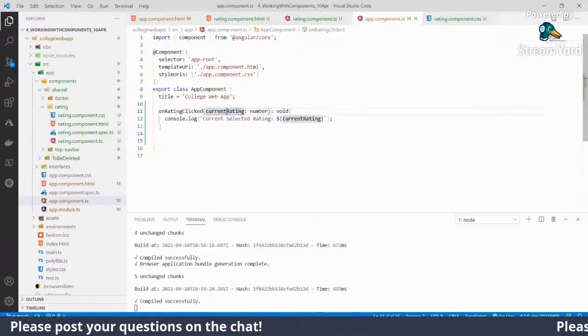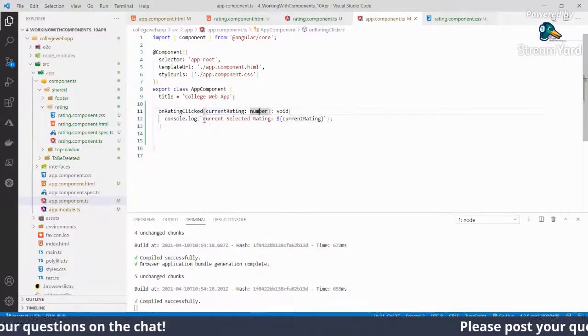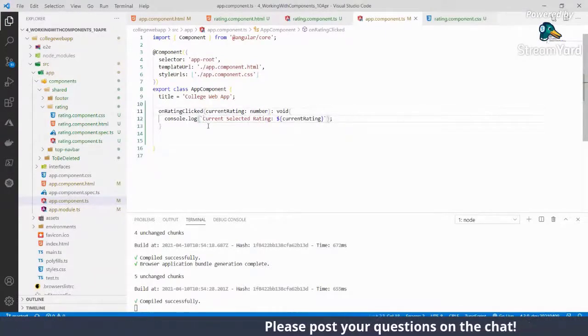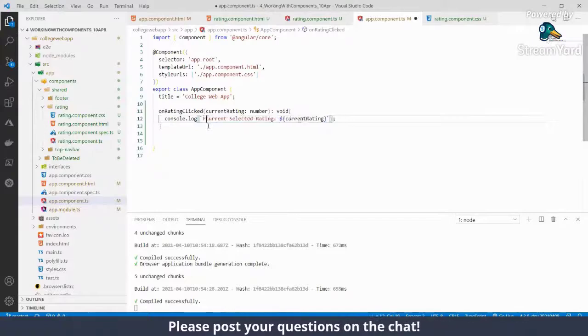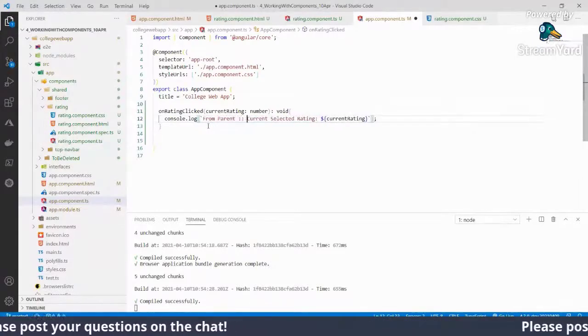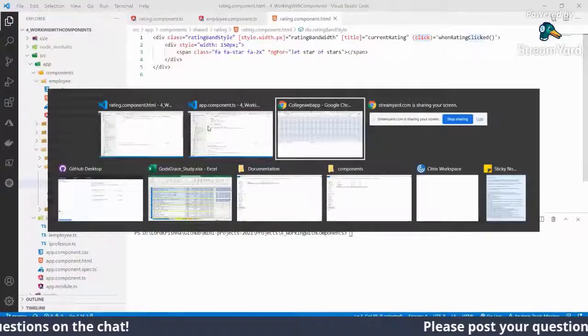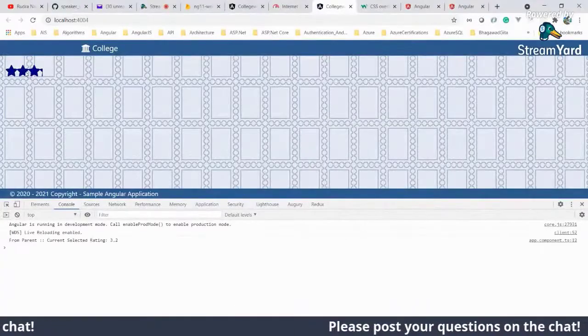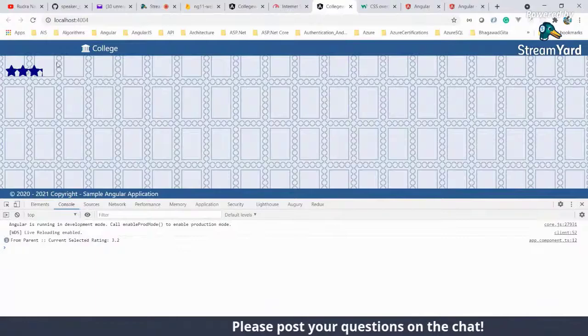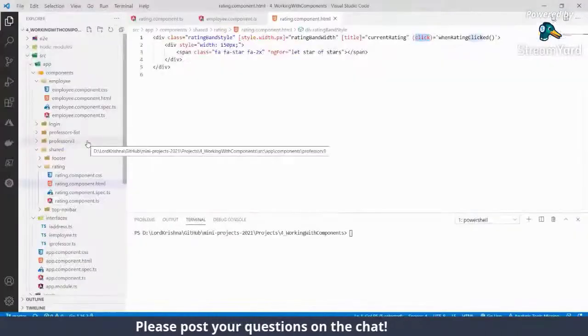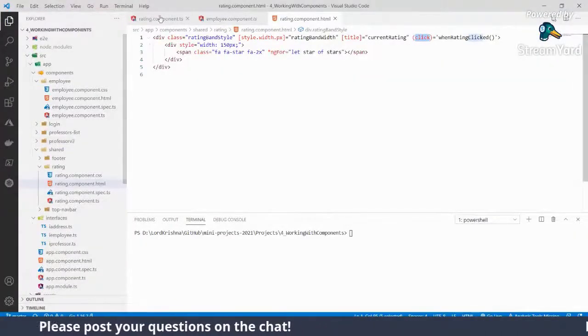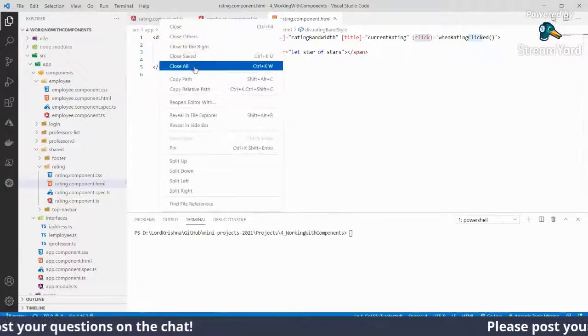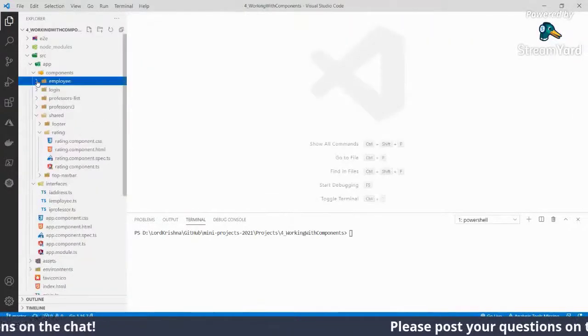The current rating is the number which is coming, and here the current selected rating is from the parent. So you click on this, and it comes from the parent. Now we have created a nice, beautiful reusable component. So let me close that.